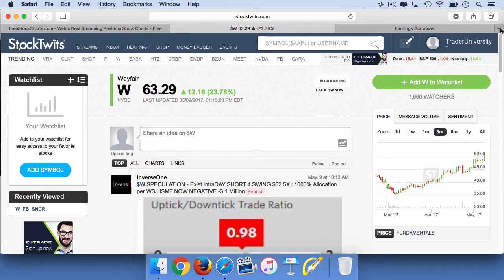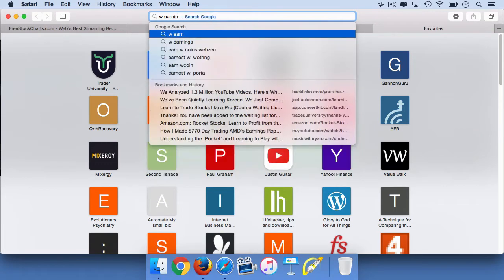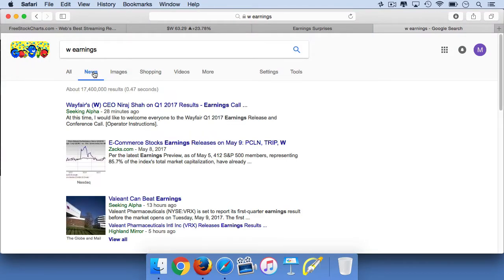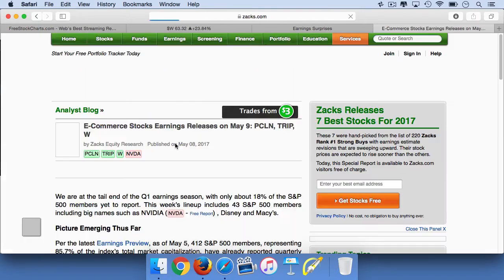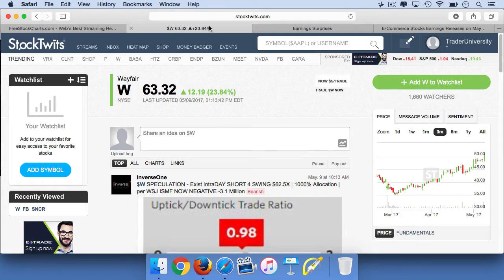If you want to dig in a little bit more into what happened, you can just type in W earnings in Google, then go under News, and you can read up on exactly what is moving the stock. And you can see this was scheduled to report earnings right before the market opened today. So now that we have an idea of something to trade, let's take the ticker W, and we'll go back